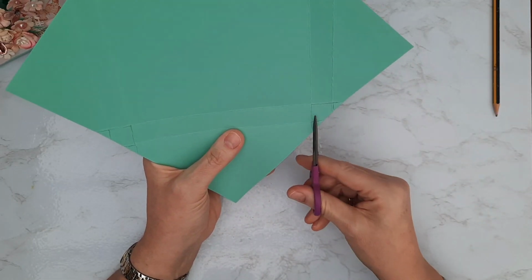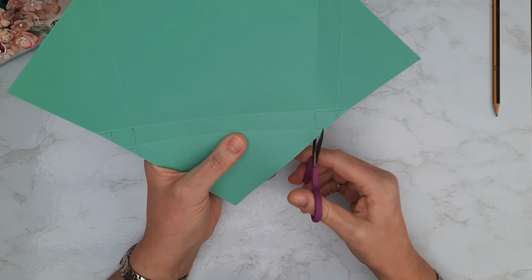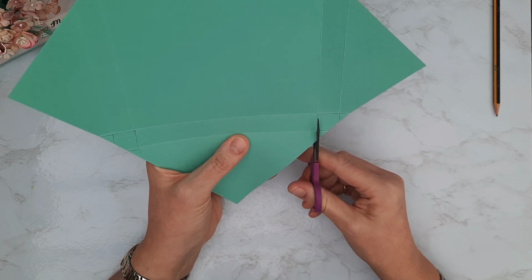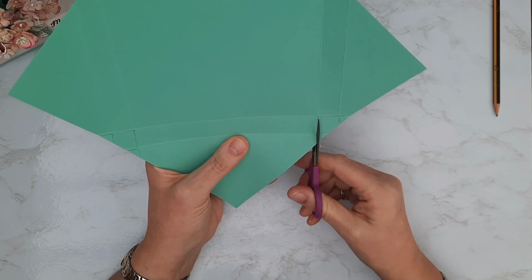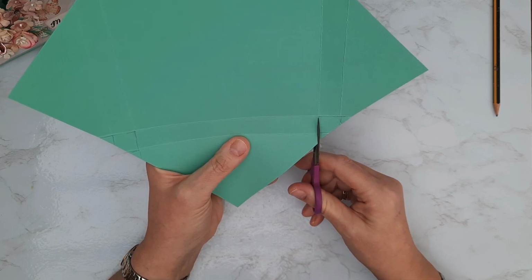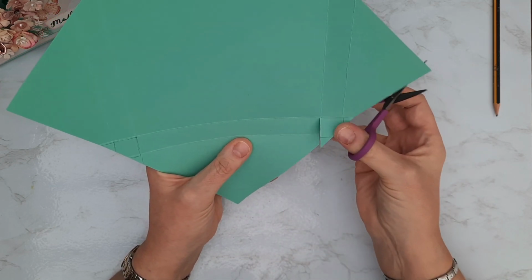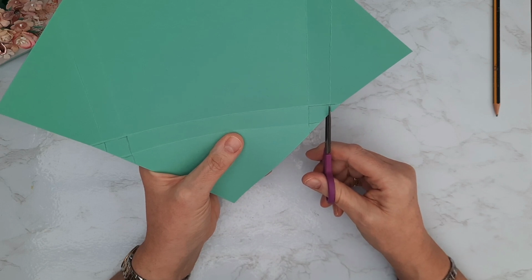So again, I'm going to cut the score line away. So on this side, I'm coming to the left of the score line, and I'm just going to snip all the way past the first horizontal line here, right up to that second one where those corners actually meet for the corner of the box. So I've freed this part up, and then I'm also going to cut this part away,